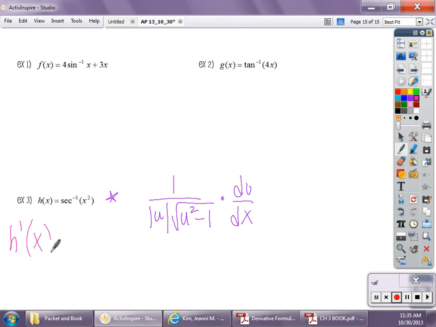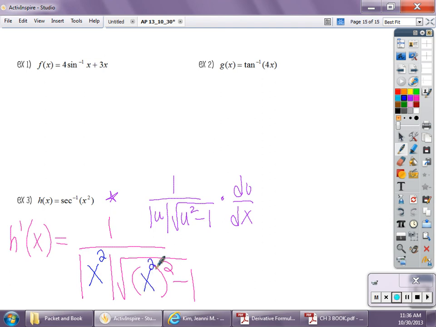Always label your work. The outside is secant inverse. Okay? So secant inverse's derivative, the outside's derivative, would be 1 over absolute value empty, you can put parentheses if you like, square root empty parentheses squared minus 1. That's the pink derivative of the outside. What do I put on the inside? X squared. 1 goes here, 1 goes here. And then multiply by the 2x. Most of you guys always get that part right. Multiply by the 2x. So my answer would be 2x over absolute value of x squared,